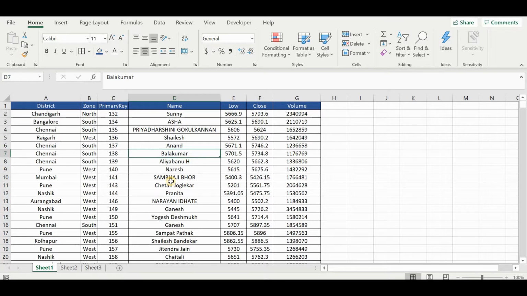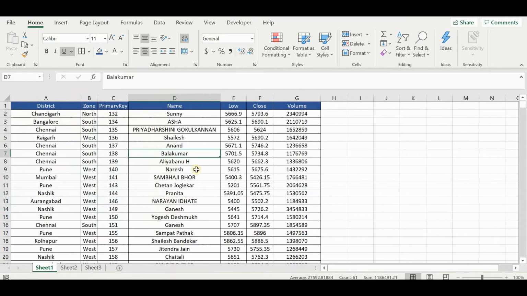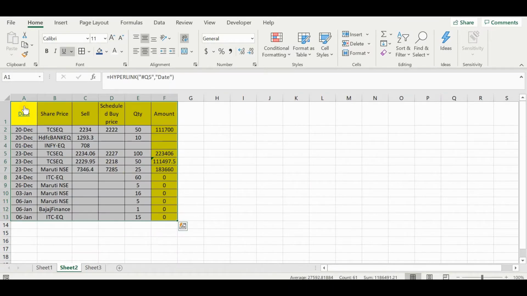Now Excel can be used to store data and do a lot of things. So firstly we should know how we can store different types of data. Now let's come to another sheet. This is also some sort of storage only. Here we have stored how many sales were done by which resource, and here on which date, what the price of the share that was sold or bought was, and what quantity of it was bought, etc.